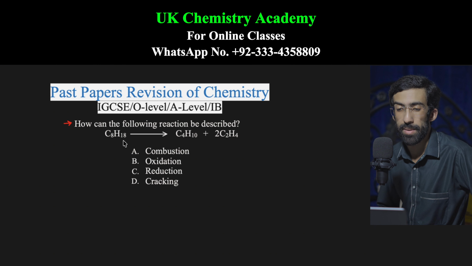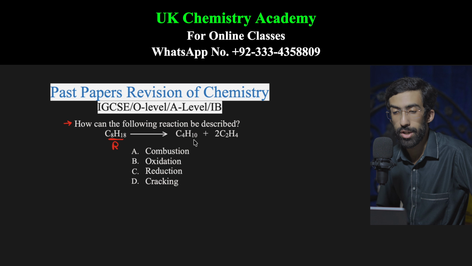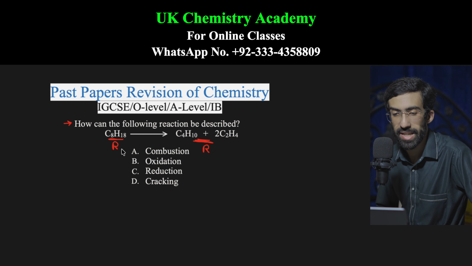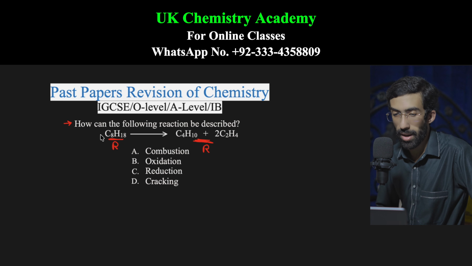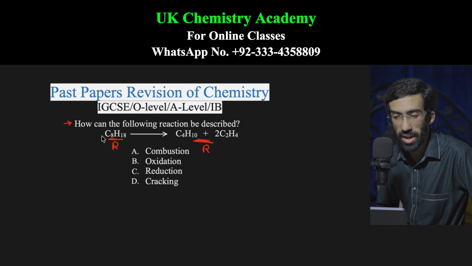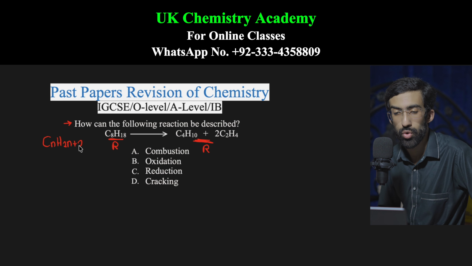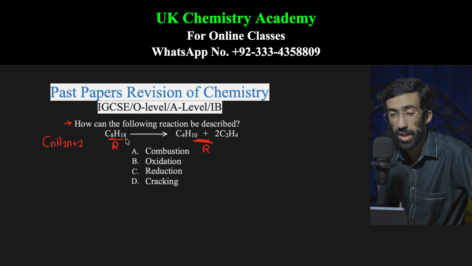You can see that the left side of the reaction is called the reactant side, and the right side of the reaction will be called the product side. In the reactant side there is an alkane, that is octane, C8H18. The general formula of alkane is CnH2n+2. Octane is converting into